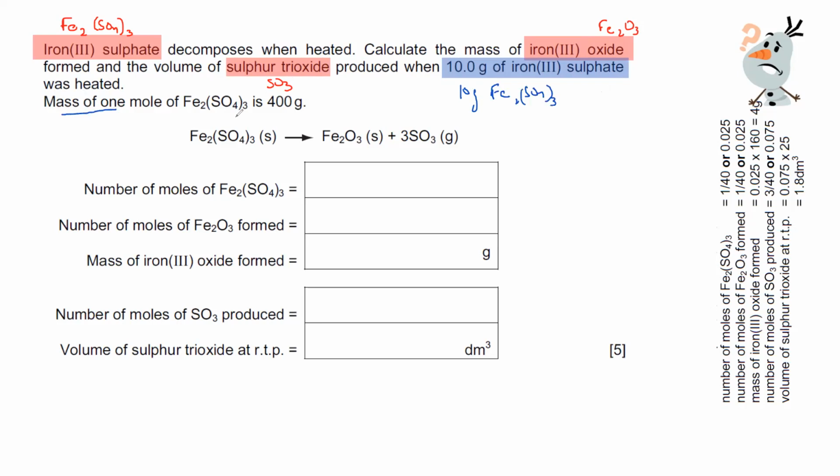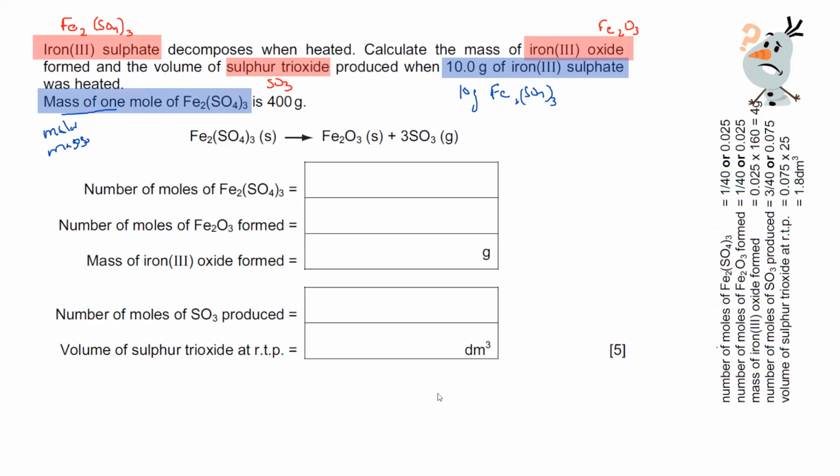And the mass of 1 mole, when they say mass of 1 mole, what they mean here is the molar mass or molecular mass. So in some questions you don't have to use a periodic table to get the molar mass. Why iron 2? This is a charge on the iron, 2 or 3, because as we have already discussed